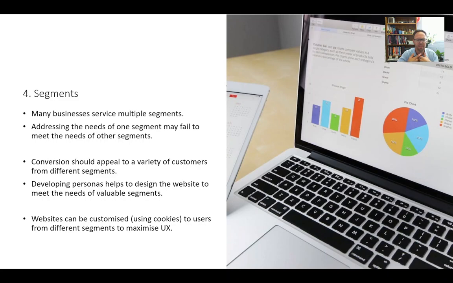So if you build this persona, it helps us to relate to that person. And it might not be an exact person, not everyone's going to be like that person, but it's the average person within that segment. And then websites can be customized using cookies to users from different segments to maximize their